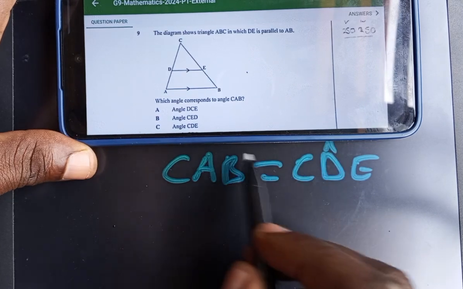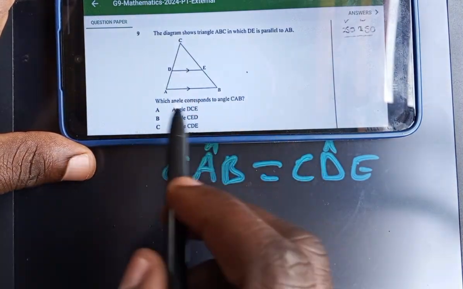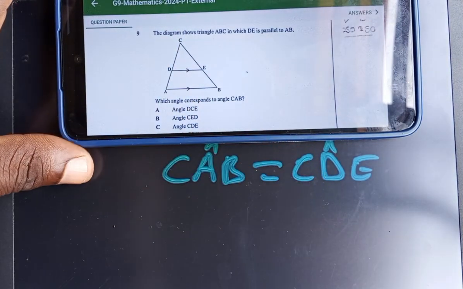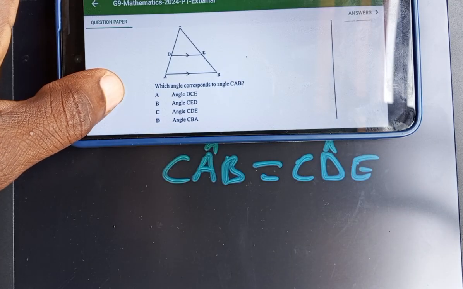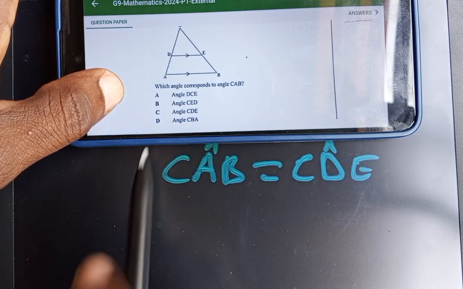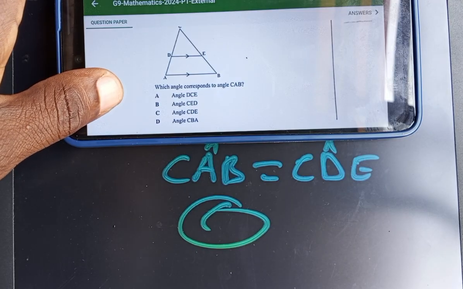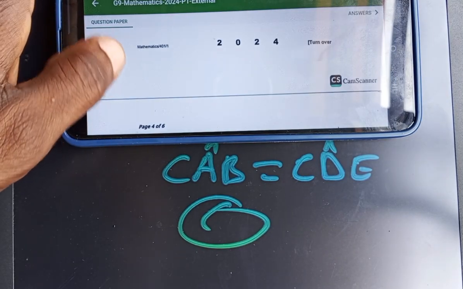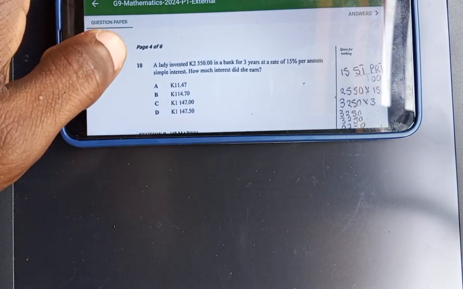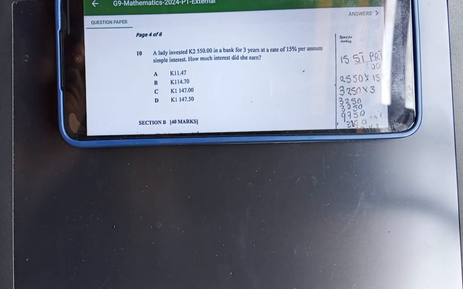Angle CAB is corresponding to CDE. So the answer is C. The answer is C. Very good. We move to the next question. Okay, number 10 is saying, a lady